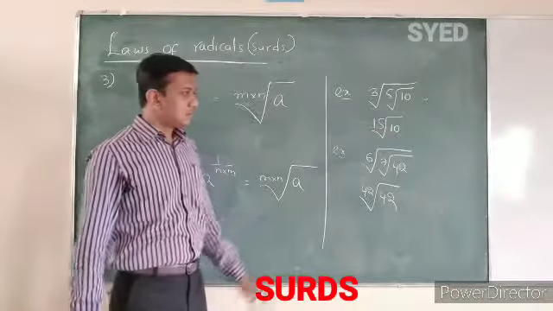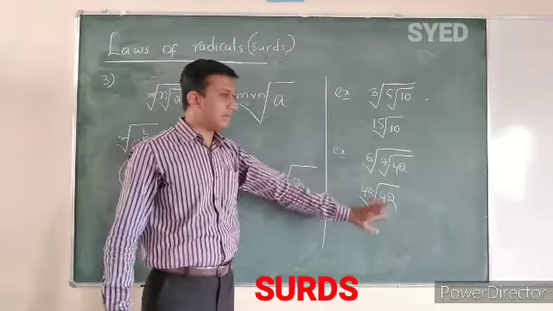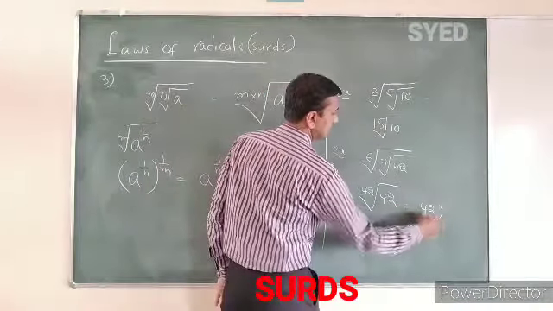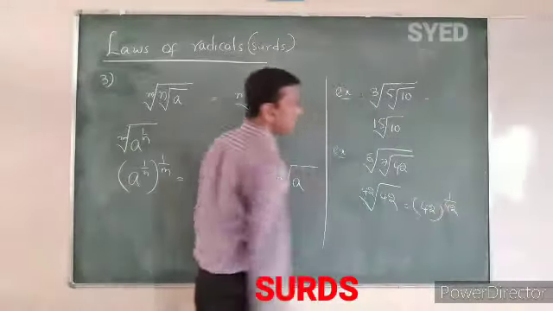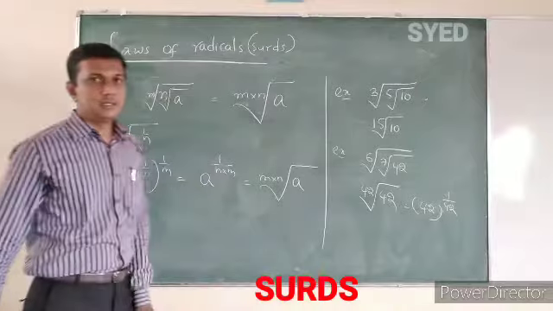Clear? So this is the order here, this is the radicand. Don't be in a condition to cancel them. Don't do that. 42 is having the power as 1 by 42. Both are different. Don't do such false things.